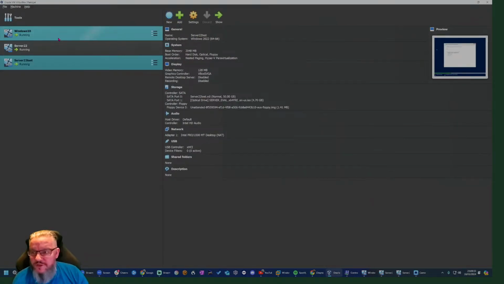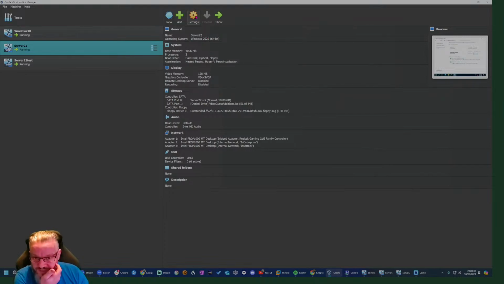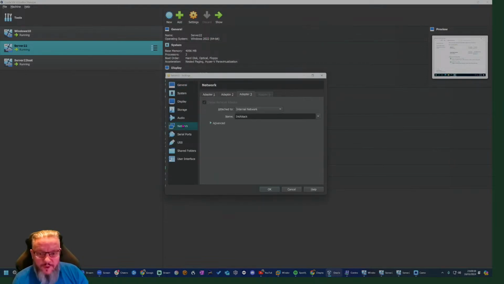Once you've got your server up and running, you go into settings, go into network, and then pick the adapters. Now your first adapter will be your main internet connection. You can either bridge it or set it as NAT. Then your second adapter will be your internal network or your safe network. Now, unlike VMware, you don't have to pre-configure the internal networks. All you need to do is give them a name here. So, for example, if I wanted to add a 4th one,